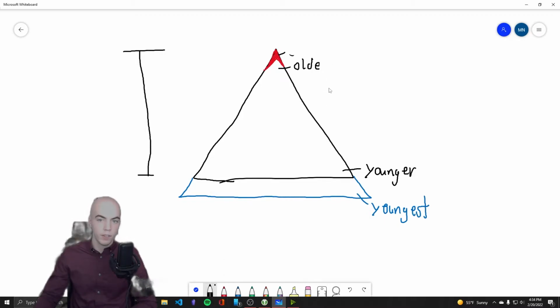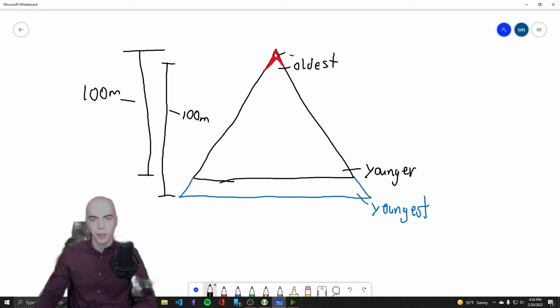And the part that was simply older is now the oldest. And so we have the same height retained. This is the same height. So like if this was equal to 100 meters, which is way too small for a mountain, but you get the point, this would also be equal to 100 meters. And it doesn't actually shift down. Like the mountain would have gotten taller, but then also gotten shorter at the same time. So it retains the same place in space, which rhymes and is fun.